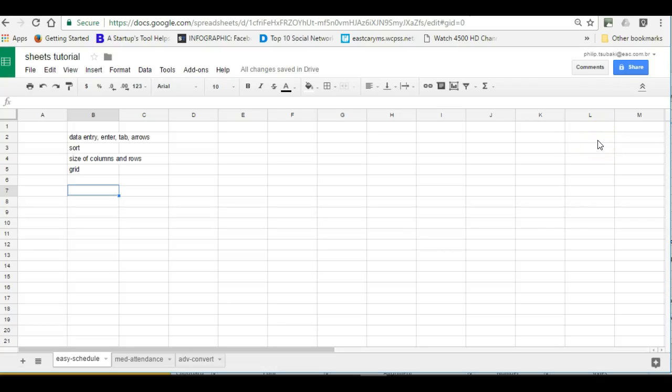This is the tutorial to make your schedule using Google Sheets or Excel. First thing you do is you open up a new sheet, and it will look pretty much like this, except I wrote some notes here. It's going to come out just with all these cells here, and you're going to pick a place. It doesn't have to be in the corner because you can adjust that later, where you're going to start your